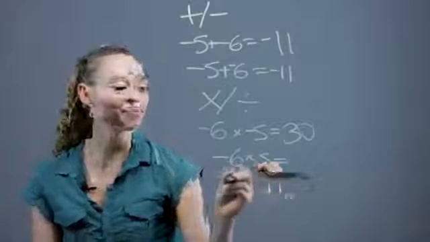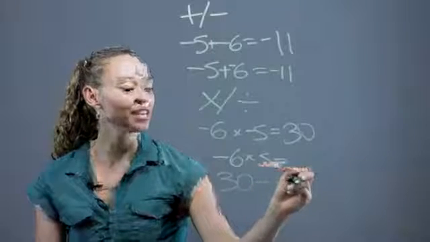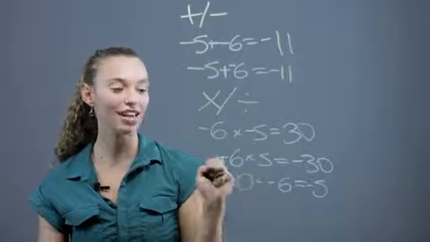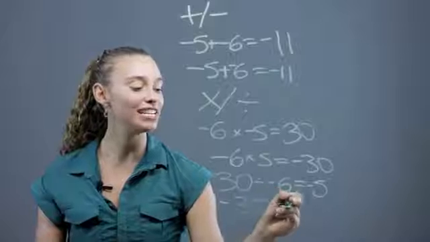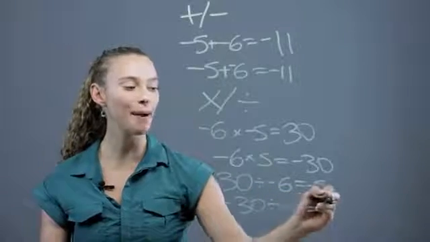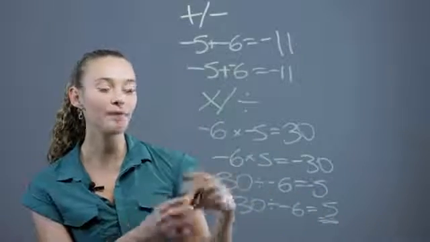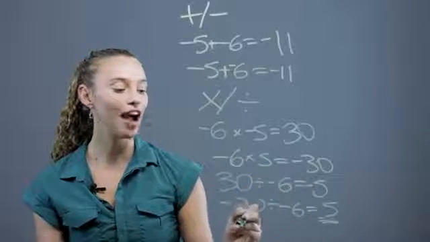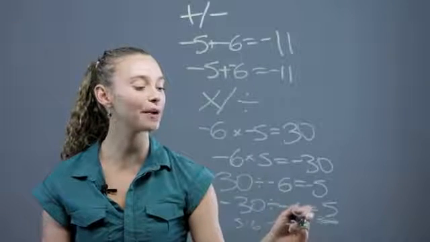Same with division. 30 divided by -6 equals -5, right? Because there's only one negative sign. But -30 divided by -6, right? We have two negatives. We're going to get a +5. When they're doing more complicated problems with more numbers, like 5 times 6 times -3 times -2 times -1,